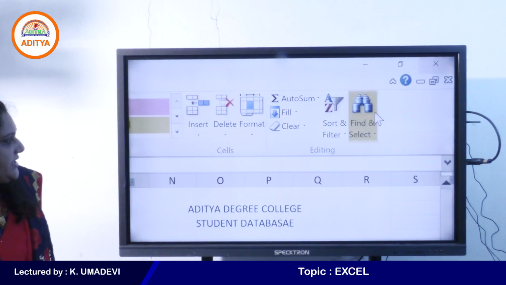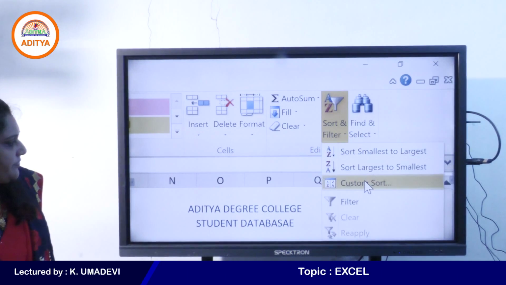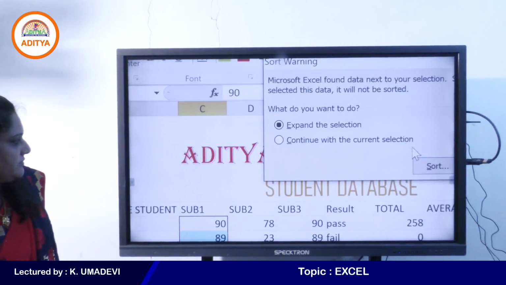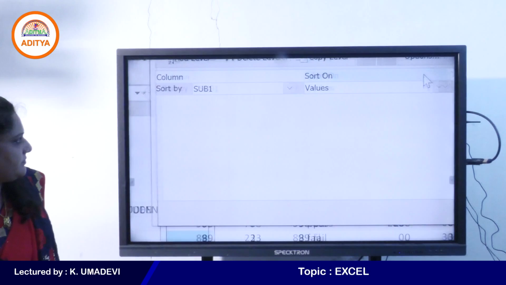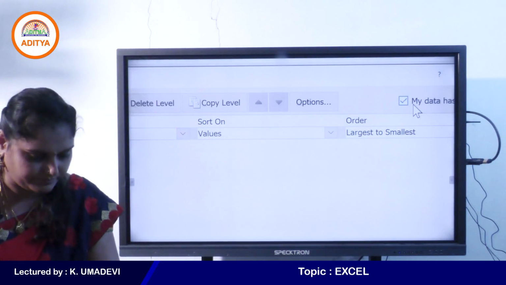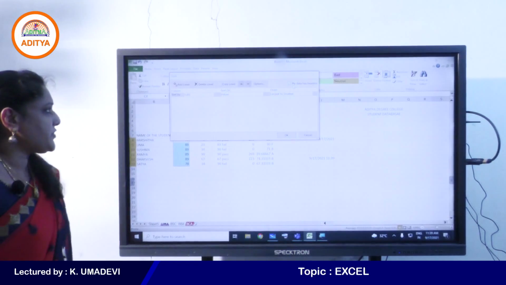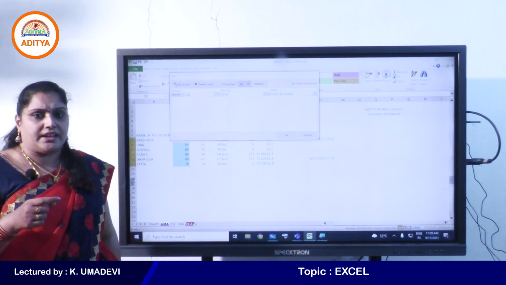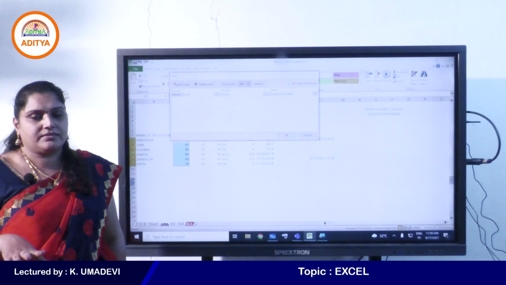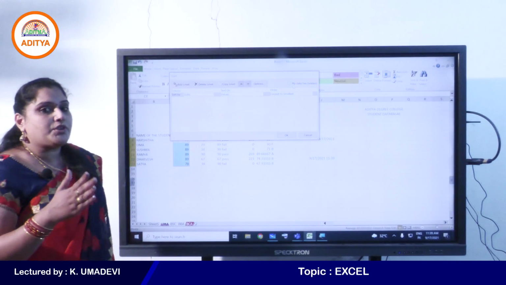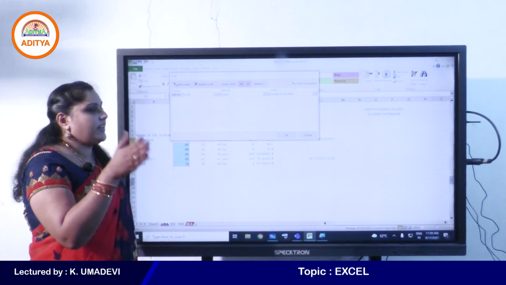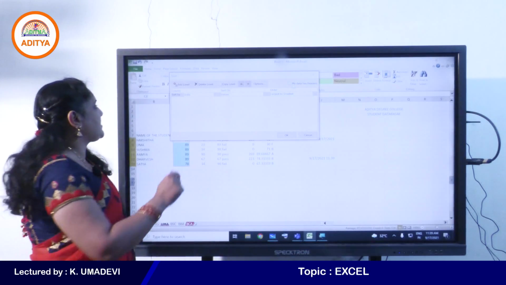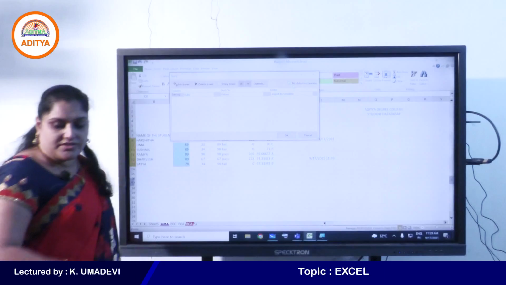And the next option is custom sort. The first two options are used to sort the data either in ascending or in descending order, right? So if you want to customize your sorting, then simply click on custom sort. Then you will get this dialog box, that is the sort dialog box.